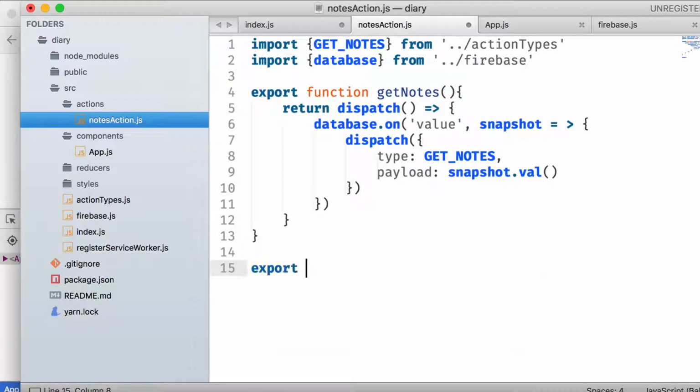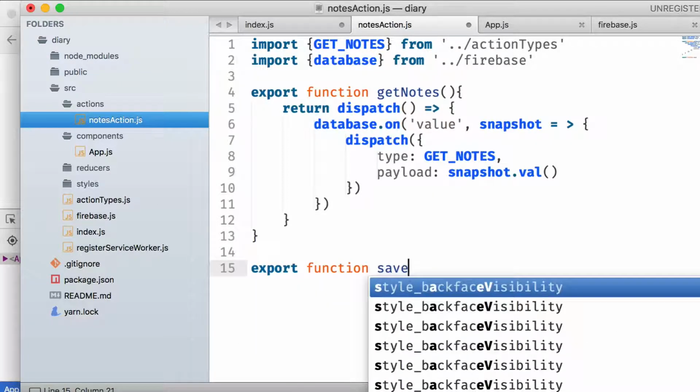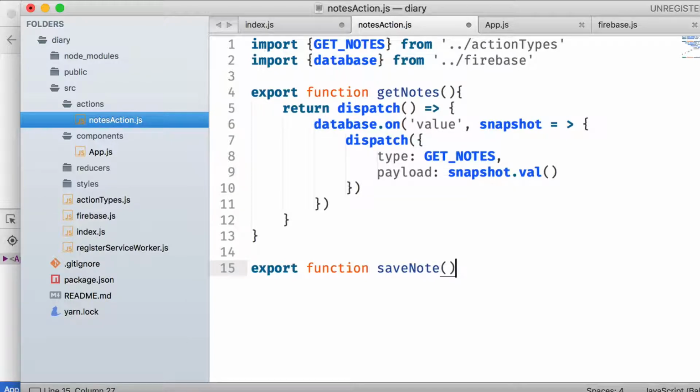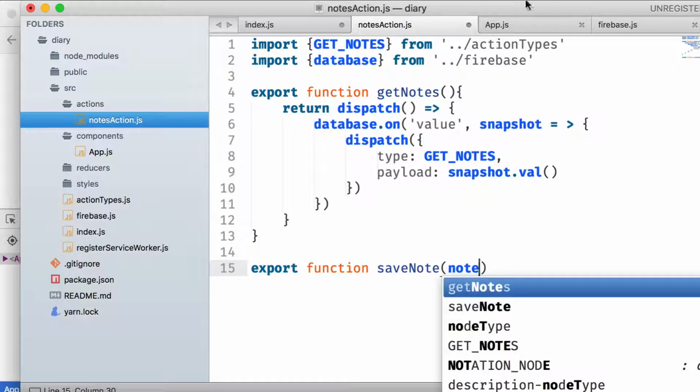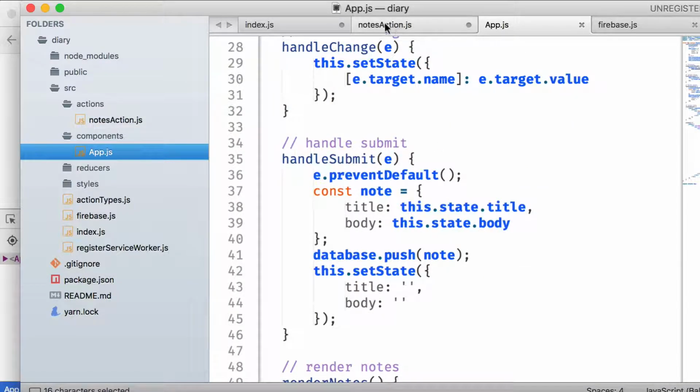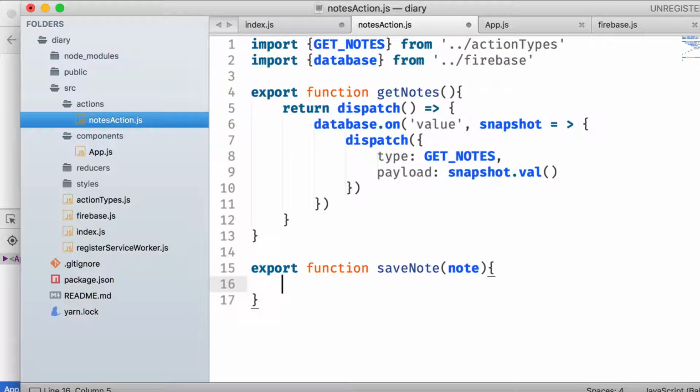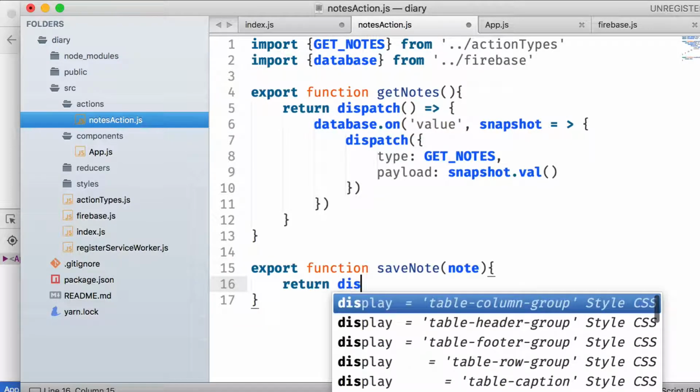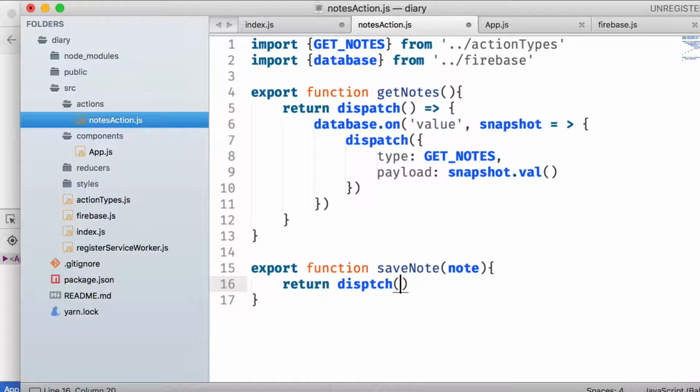Okay. Export function. Let's call it save node. And how it will save is the same as we did here. We passed the node, so this function will take the node. How all this will connect to the React side, don't worry, we'll get to that later. Okay, so save node will return this dispatch again. Anytime you want to do anything, you use dispatch. So dispatch, in this case, what you're going to do is